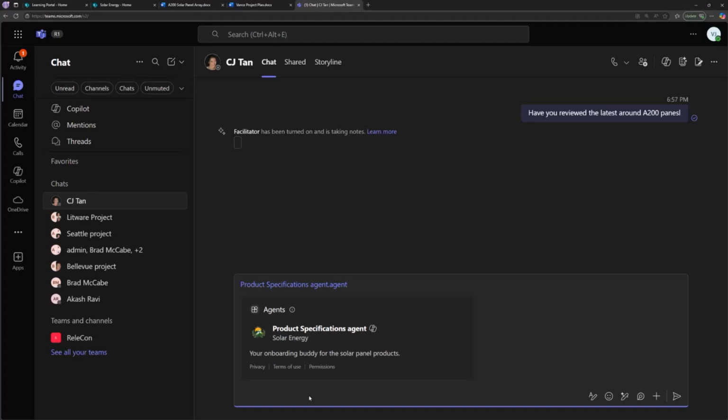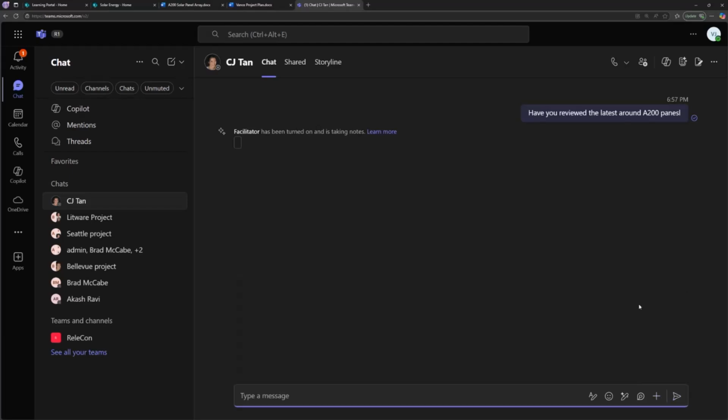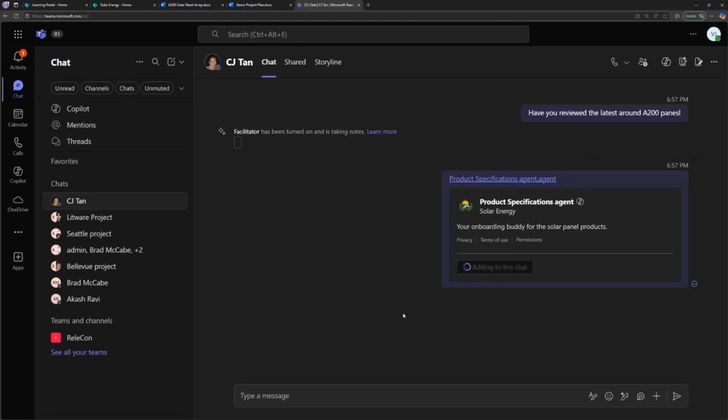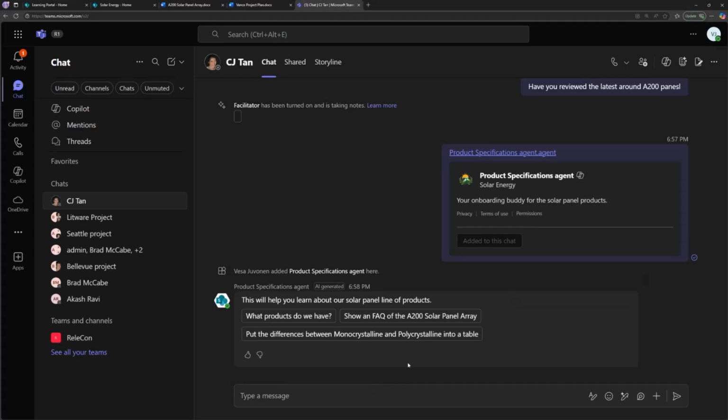I can get the agent involved in the chat with us right now in private chats, discussions and group chats, and pretty soon also in channel chats and all the different other scenarios. So now if I say get that one involved, there we go. We have an agent coming involved. At this moment, it will double check that CJ has access on the permissions. It would give us warnings on all of that stuff if needed. I can add the agent as part of our discussion. And then I can say something like, hey, CJ is not the specialist, but we have the product specification agent, which is the specialist about our products. So now I can start asking questions from it directly, or I can say